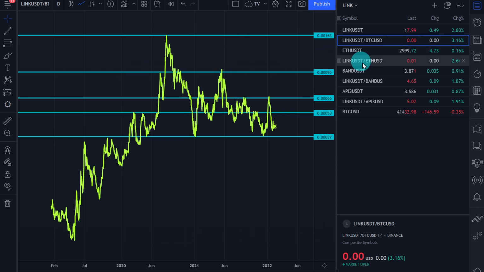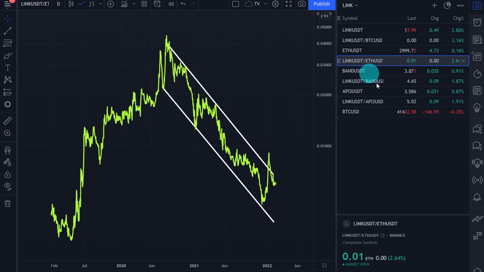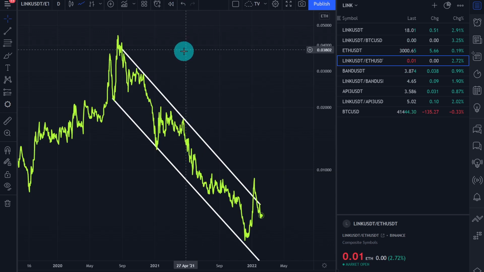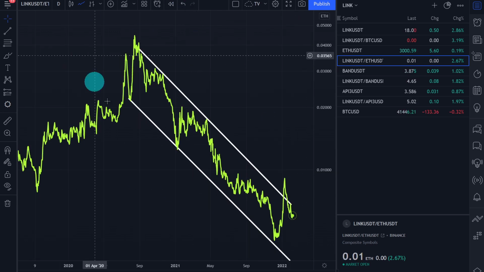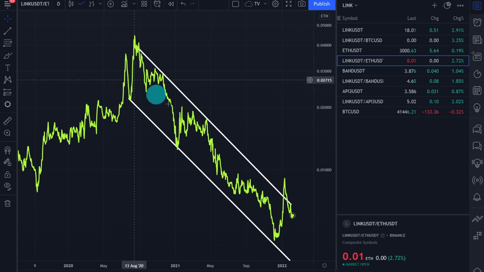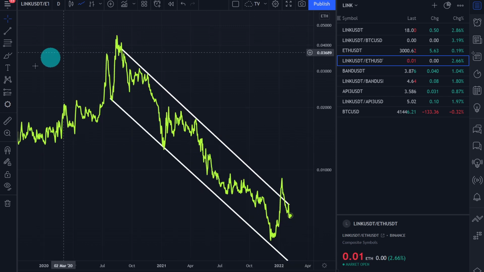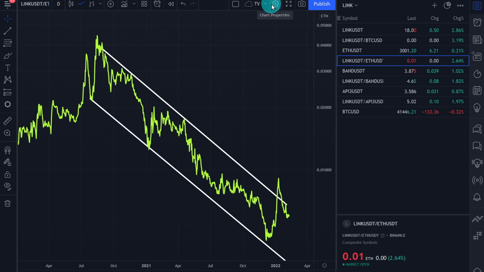Let's now look at ChainLink versus Ethereum. And this seems to be the worst or the best charts, however you want to look at this, right? This seems to be the most consistent underperformance. So let's work with the assumption that you hold the opinion that ChainLink relative to Ethereum is likely going to continue to underperform. Now, how can we bet on this without going to a centralized exchange such as Binance or KuCoin or anything like that?